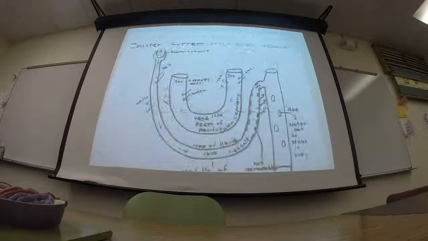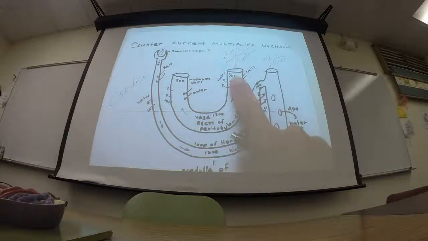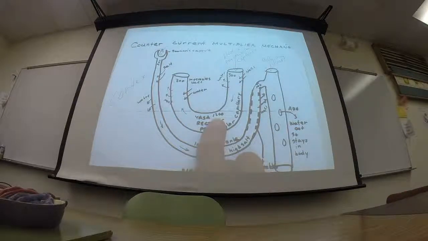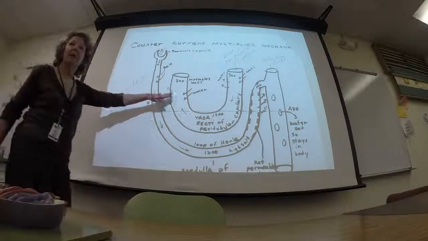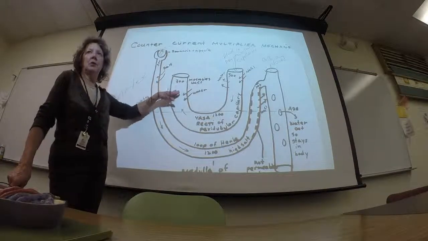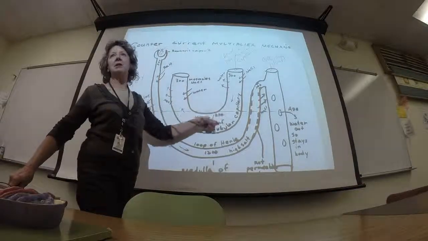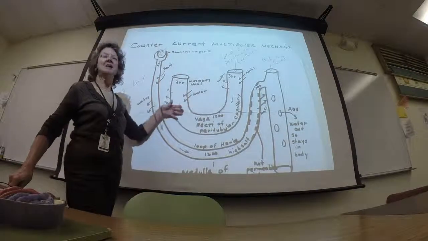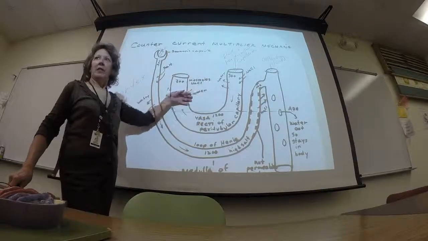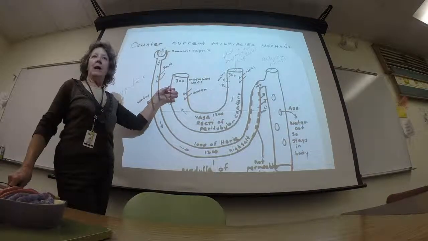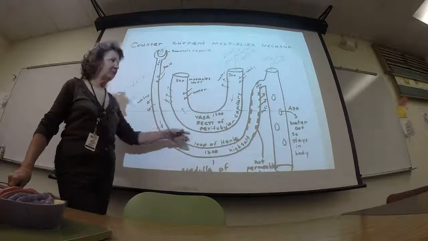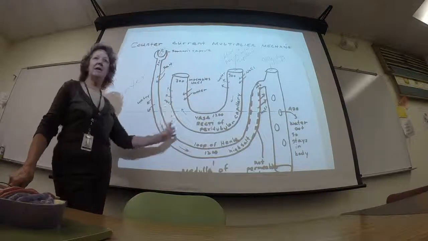So let's see if that's true in the blood. We started out with 300 milliosmoles of salt in the blood, so salt is rushing in. By the time we get down here to the bottom of your paratubular capillary, you're at maximum salt concentration. And then look at this wonderful thing. The blood vessel is permeable to water. So since you have gobs of salt in the blood, this exiting end of the capillary is going to suck water out of the surrounding area, and you've just been dumping water out into the surrounding area from your